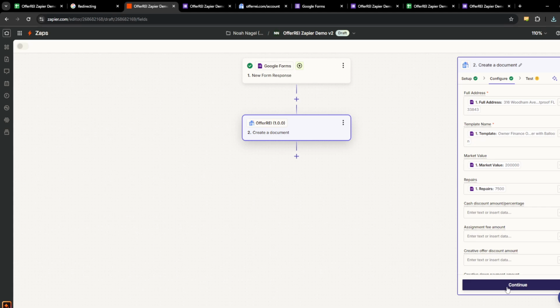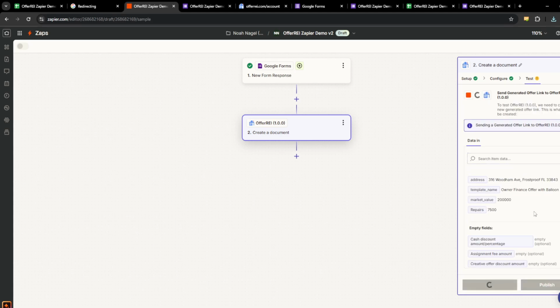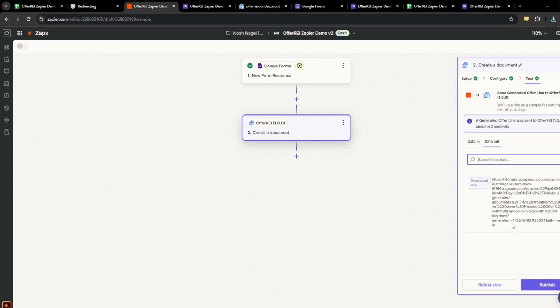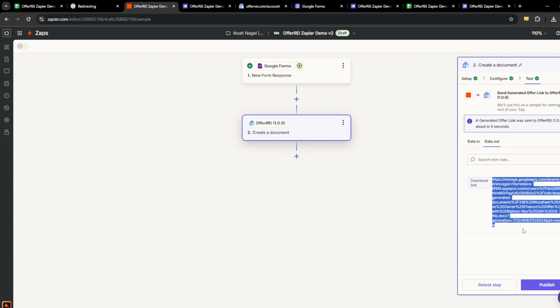Continue, and then we can test it. And if this works correctly, what we should see is a link to the generated document, and that's going to be under the field download link, and then the value is the actual link to download that document. So that's working. We can hit